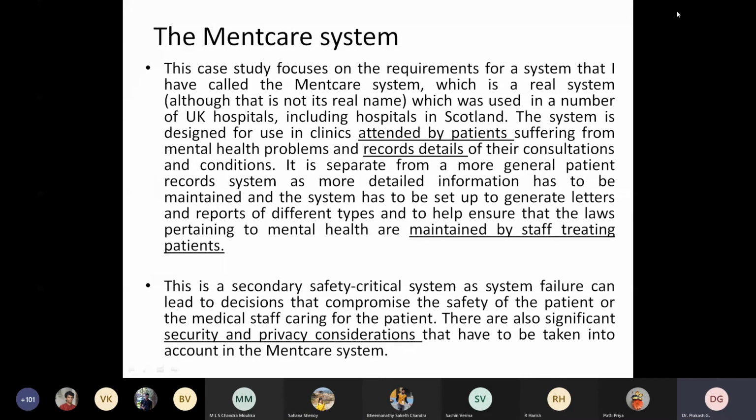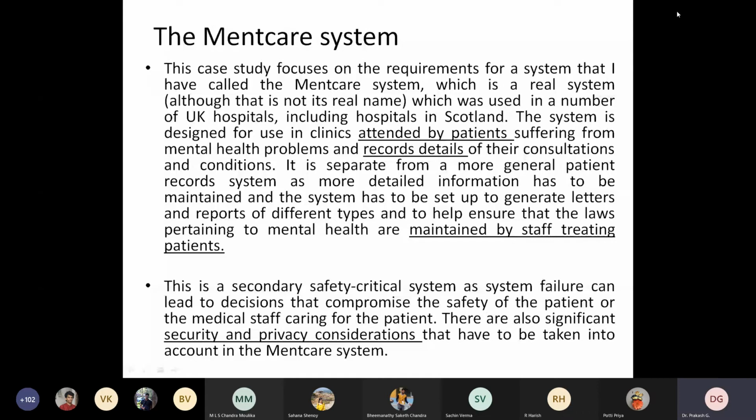So we have to maintain the patient record securely and confidentially. That is one important task, because this is not like a general patient management system or any hospital management system application. One thing you have to think about. This Medcare system is for patients suffering from mental health problems. Generally there is one particular ethic everyone should know: any kind of hospital management system should not reveal their patients' disease outside. Patient data should not be given directly.